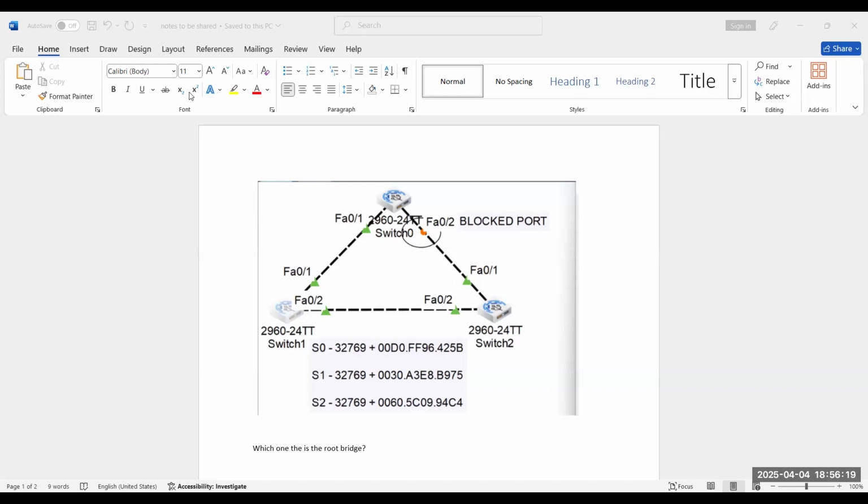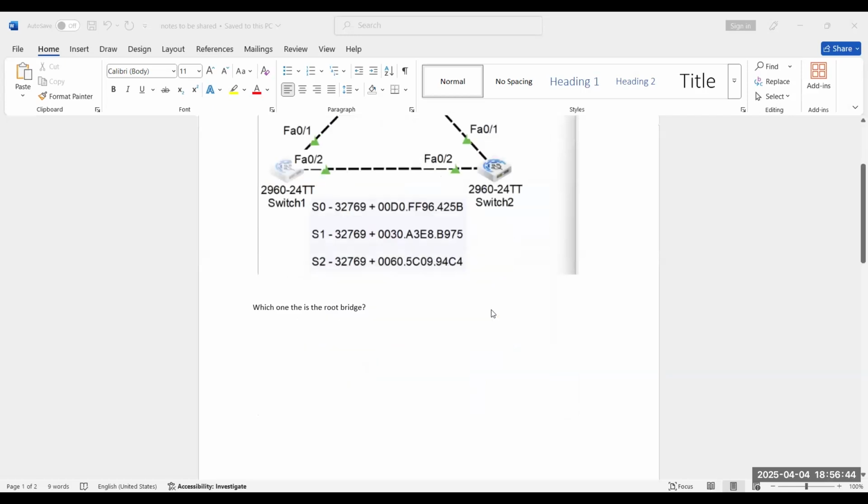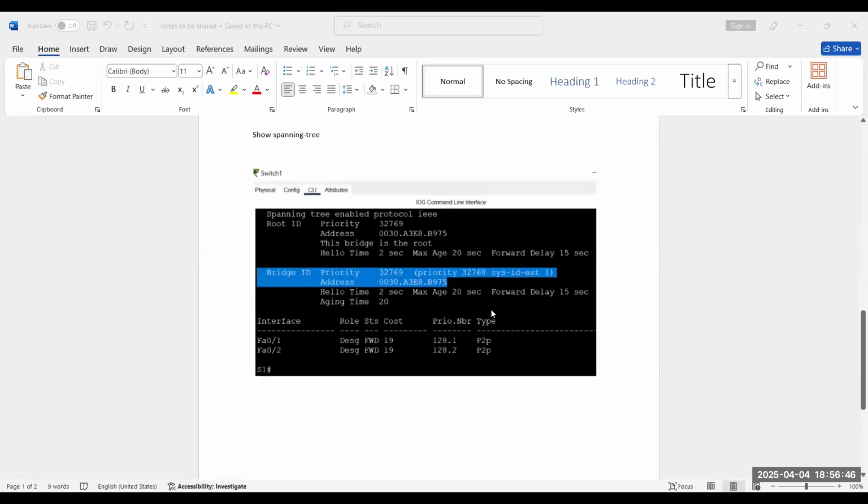Okay. So here in this picture, that doesn't mean both ends of this link should be in blocking. One will be in forwarding. Either one should be in forwarding, and this has been elected based on the port cost or the MAC address of the switch. So this has been elected in that way. And if you go to the show spanning-tree command,